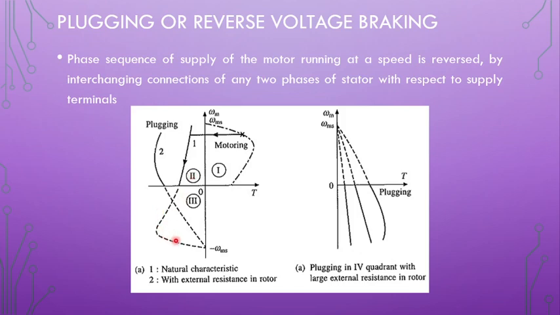Now let us say not reversal, we just want to stop the motor. We want to travel from the first quadrant to the second quadrant, and this is the plugging characteristic we get. But if you want to go from the first quadrant to the third quadrant, then this is the path we have to follow. We have to slowly reduce the motor torque, and then keeping the speed constant, suddenly go to the braking mode where the torque is negative. The negative torque is applied to the motor in order to reverse it. Then the speed reduces. The negative torque has to be increased as the speed reduces, and once a sufficient value of speed is reached, we will be in the reverse braking mode.